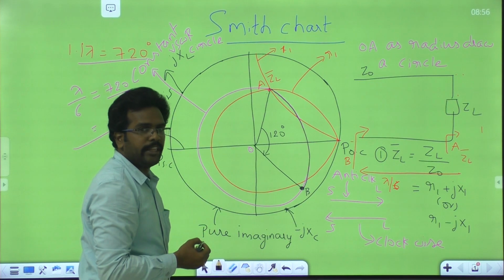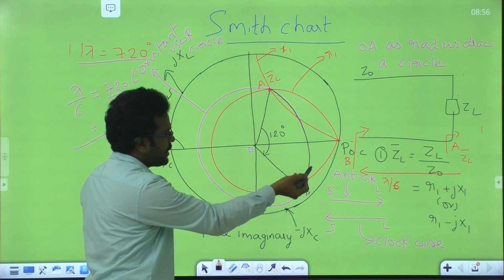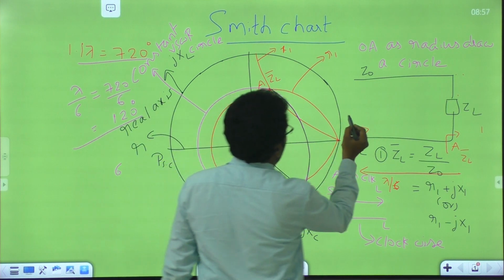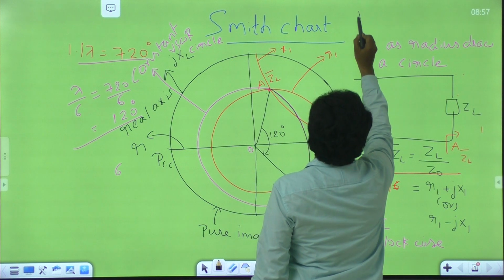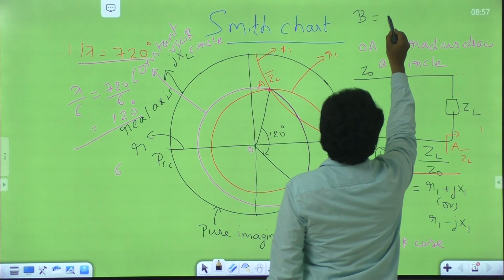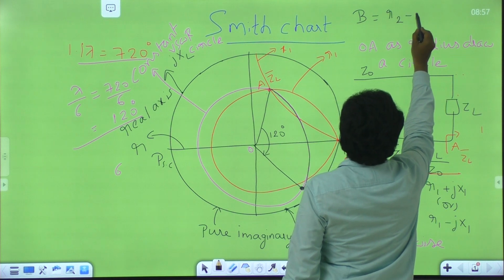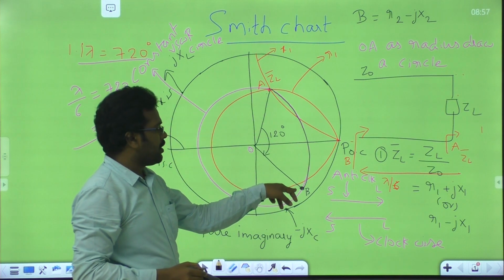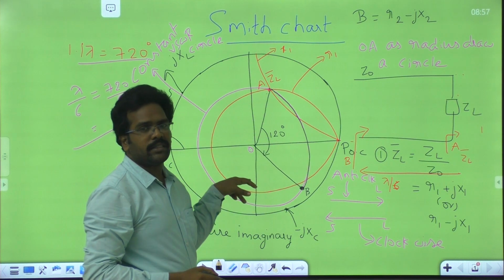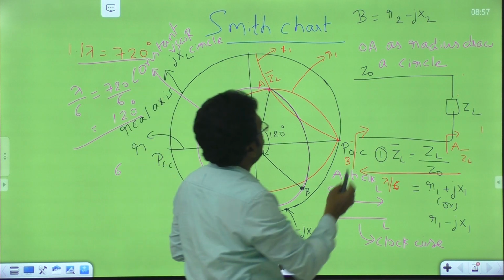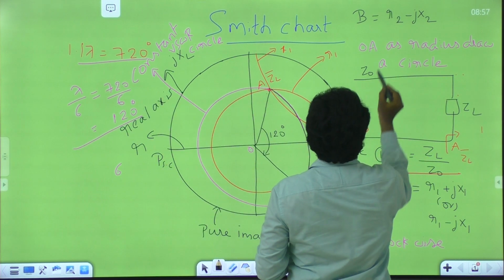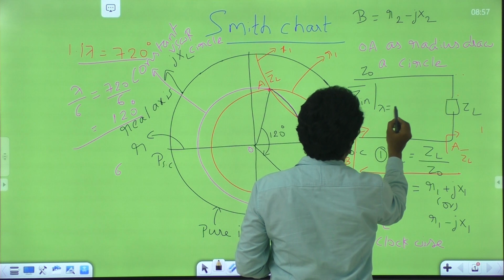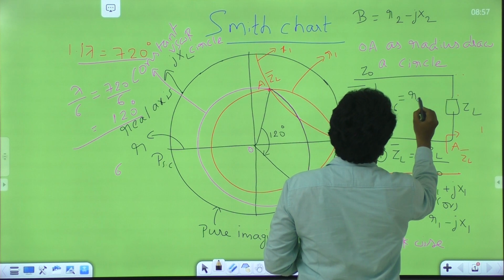At this B point I can see some X circle is passing and some R circle is passing. Note down those values. So at the B point I can see some R2 circle and a minus jX2 circle. Why am I taking minus here? Because it contains capacitive reactance, we already saw that, right? Therefore it is R2 minus jX2. So at this point the impedance is Zin bar at lambda by 6, which is equal to R2 minus jX2.